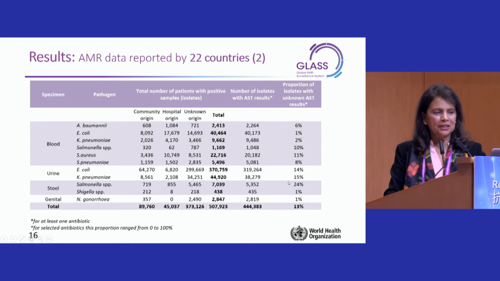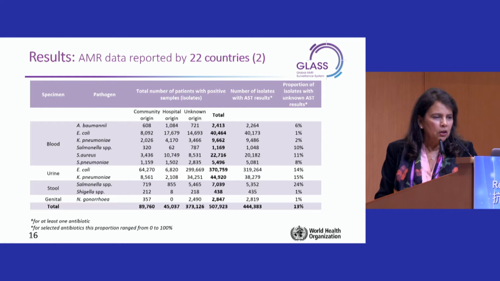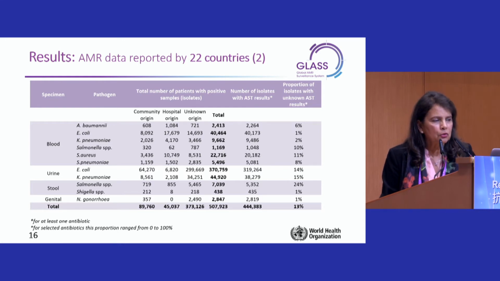And this table, sorry, it's a very busy table, but what I'd like to call attention to is the pathogens in blood, urine, stool, and genital tract. Of course for the genital tract, it's only Neisseria gonorrhoeae that is being looked at, but especially on the blood side, I call attention to the most frequent pathogens, Escherichia coli being the first pathogen, and Staphylococcus aureus. We'll come back to this later in this presentation, but just to have a sense of the most frequent pathogens. And the other thing that I would like to call attention to, if you see the last column, is the